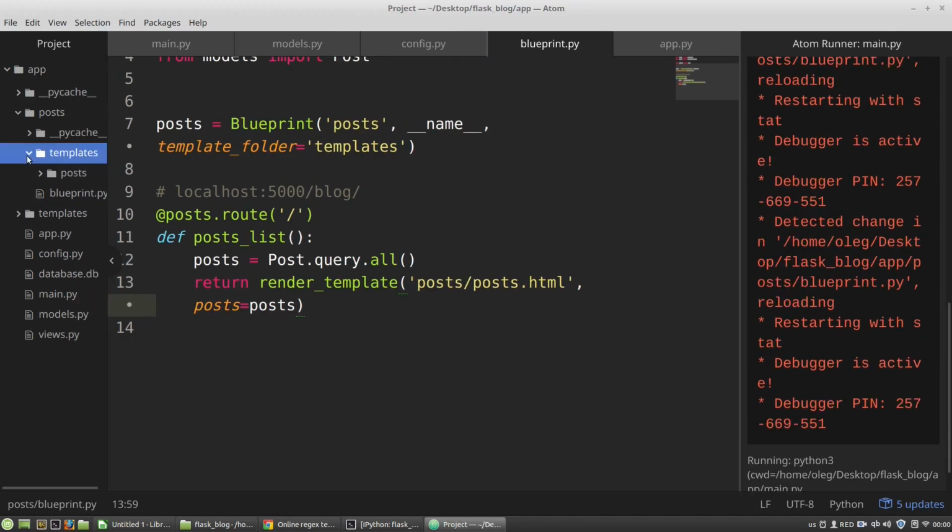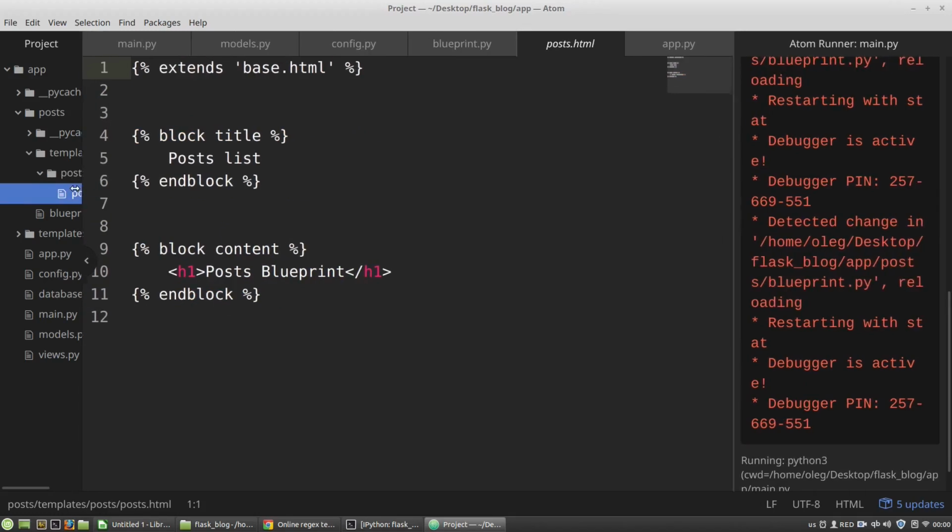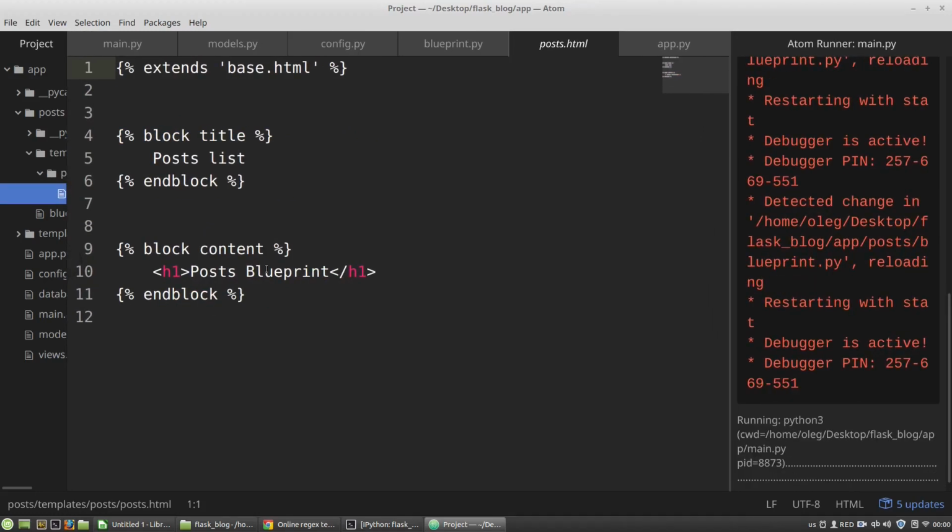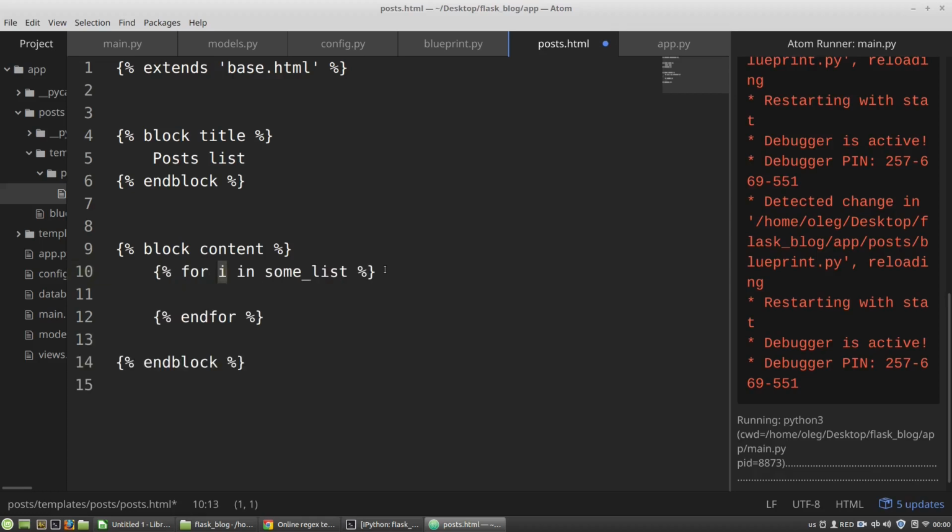Okay. Posts.html. And to render all posts, I have to use a for loop. So, for post in posts variable,